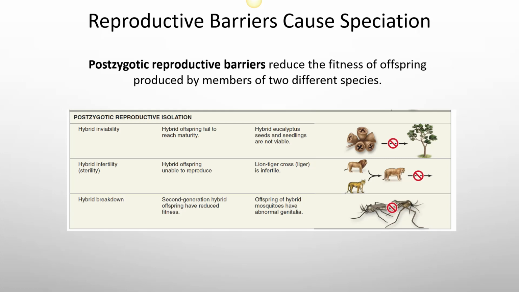Then there's post-zygotic reproductive barriers. So they're able to mate, they're awake during the same time of the day, they live in the same area, and their parts fit together and so forth. But there's something wrong with the offspring, or something happens after the fact. So there's hybrid inviability, infertility, hybrid breakdown. That has to do with the inability of the offspring to then produce offspring or be viable after that point.